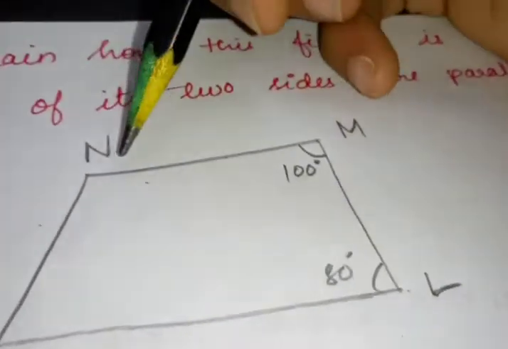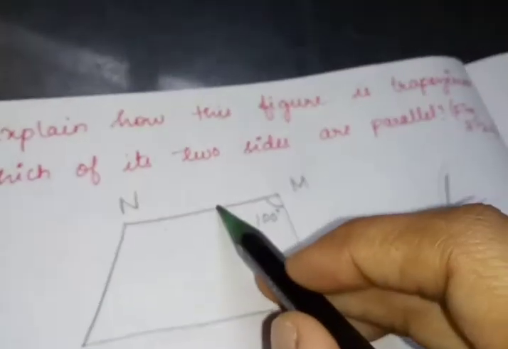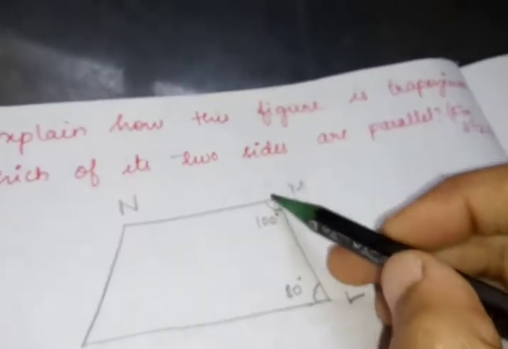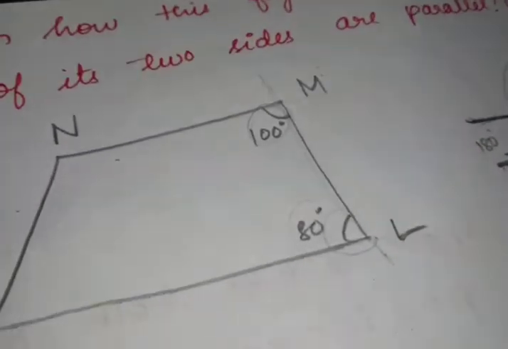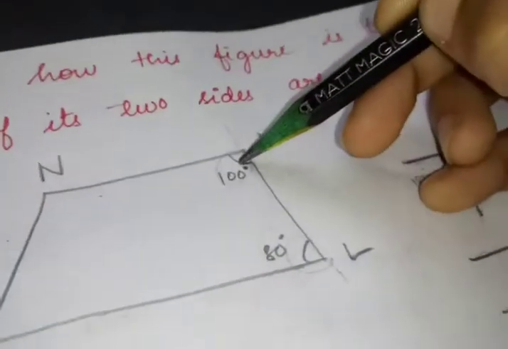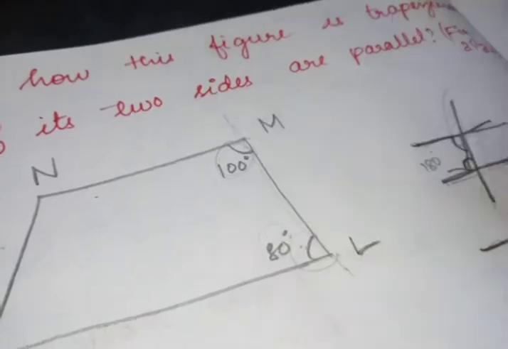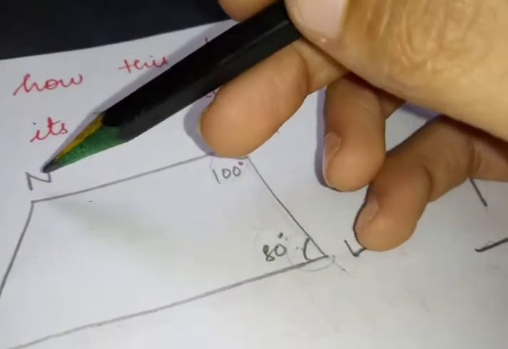Likewise, I am going to consider these two lines, and let us consider this is the transversal line. This is one line and this is one line. This is your transversal line. So these two lie on the same side, inside, right? These two angles, 100 and 80. So 100 plus 80 is 180. So the sum of the two interior angles on the same side of the transversal is 180. So we can say that NM is parallel to KL.